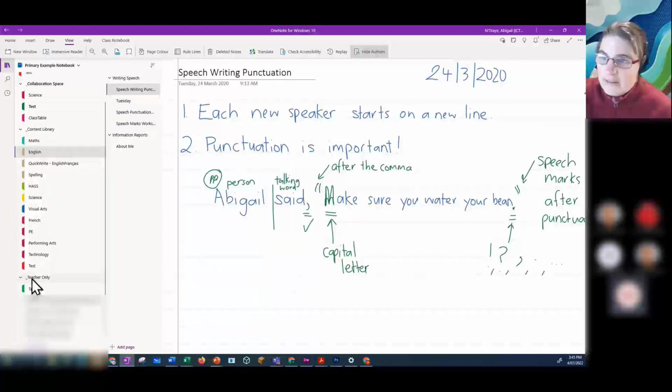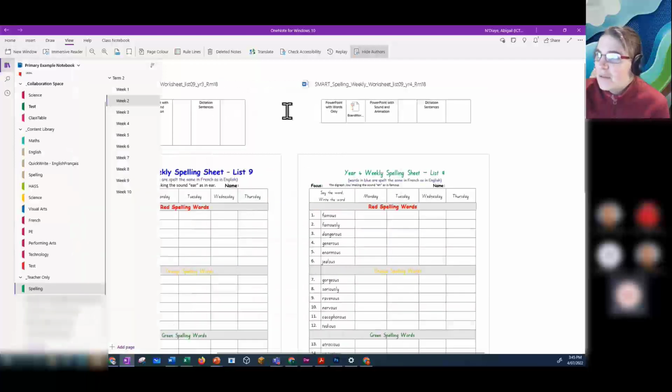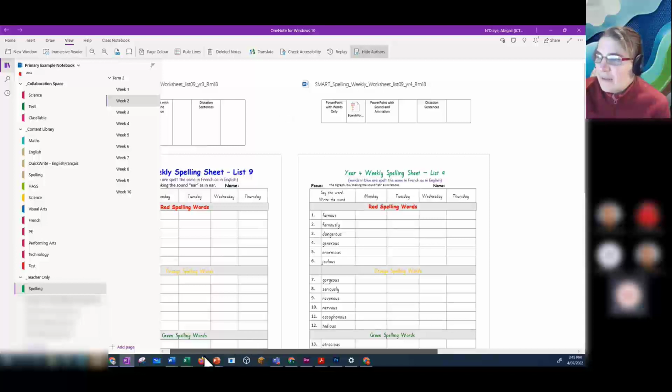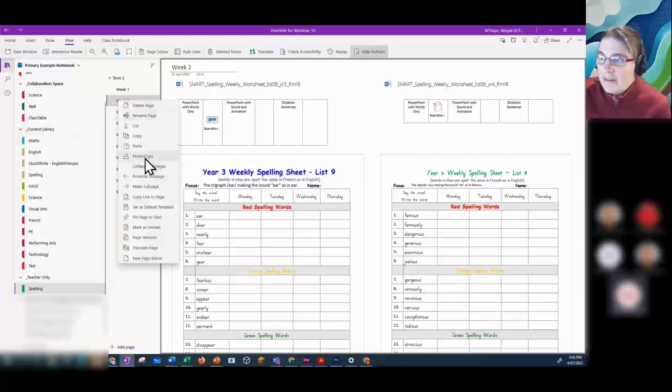Okay, the next section is the teacher only section. And here is where I can do all my planning. So for example, this is an example of my spelling. If I've already worked out all my spelling for the whole term, I can pop my spelling in here. And then when I want these pages to be visible in the content library, I can just go and copy or move them to make them visible for